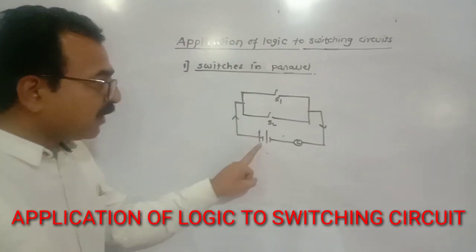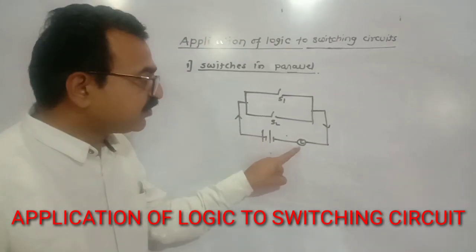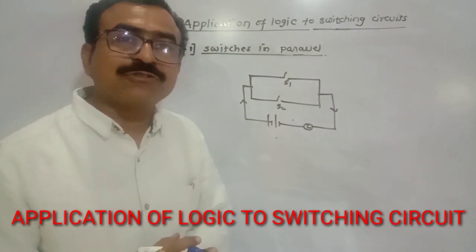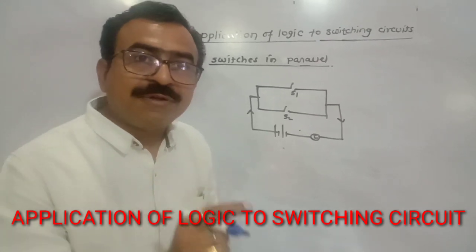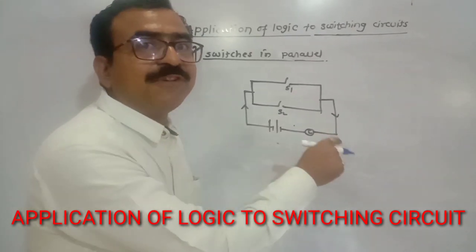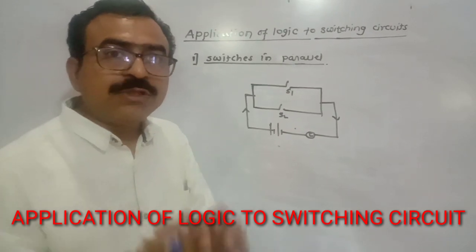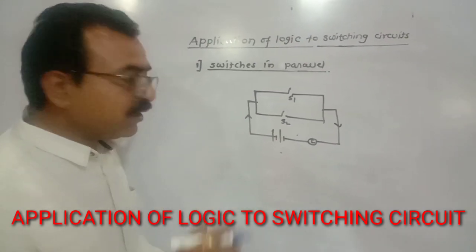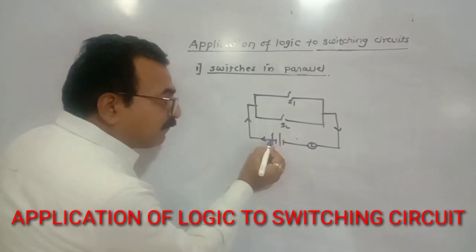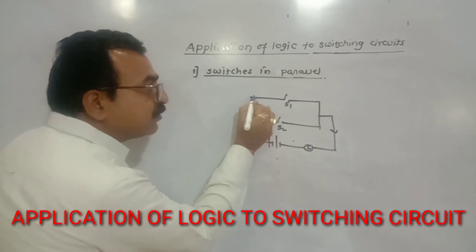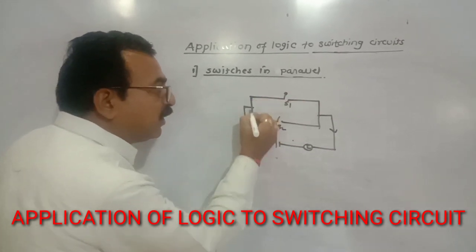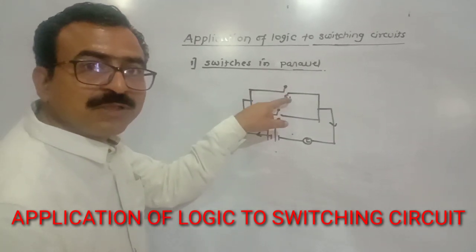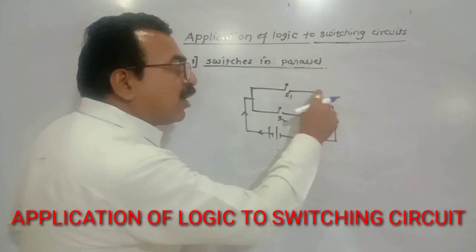So in this circuit diagram, this is the battery, this is the lamp, and these are two switches. Here I have to ask one question: when or how will the lamp be lit? Friend, you know that current always flows from the positive terminal to the negative terminal. Here also current flows from the positive terminal and reaches this point, but here the circuit is broken, and because of that current cannot pass toward the lamp.